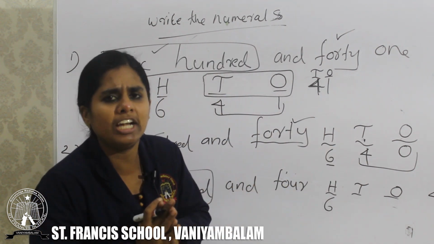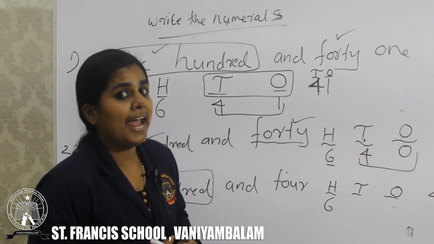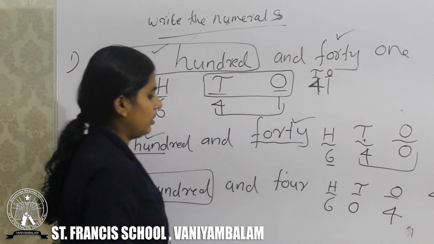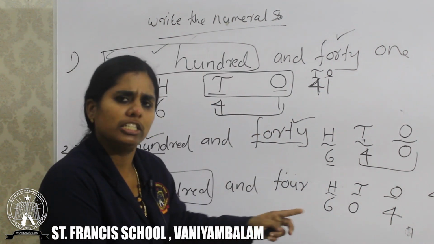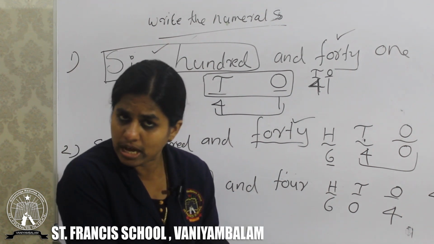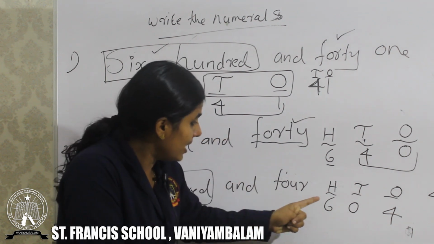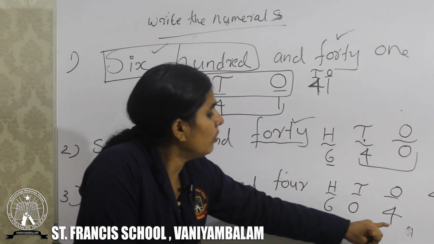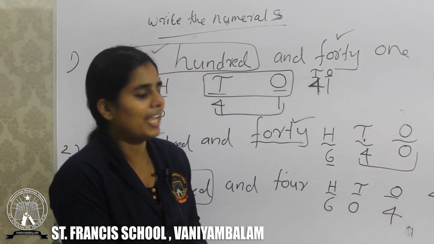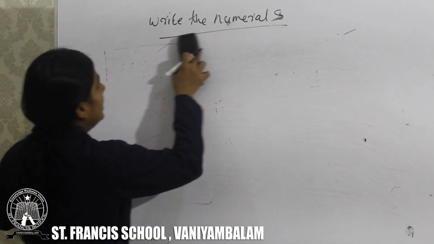Here we have only a single digit, only one number. That number we want to place in which place? Ones. Then that means in the tens place we want to write 0. This is what? 600. You see how many hundreds here? 600. In the tens place we have any number? No. Then after that we have only number 4. Just read 600 and only 4. That is 604. Very simple, no? Okay, children, I hope you understand how to write the numerals of the number names.